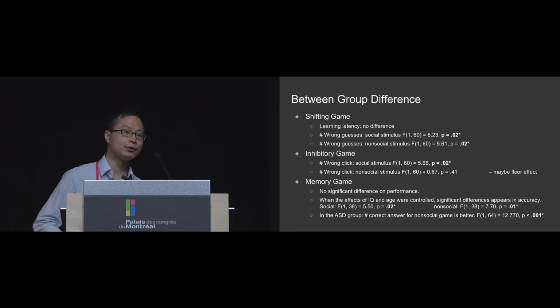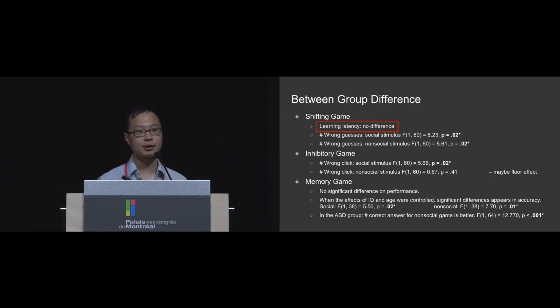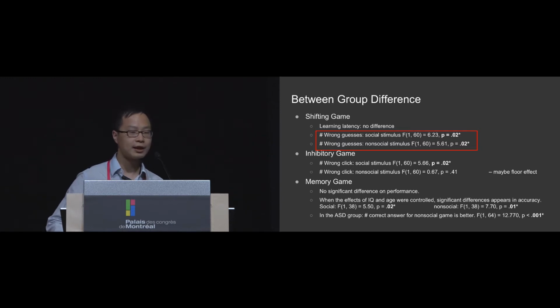One of our main goals is to find a group difference, and the previous plot is not very meaningful, so we need to do ANOVA analysis. For the shifting game, the standard measure is the learning latency, but unfortunately, we didn't find any between-group difference for the learning latency. However, we find a between-group difference for the number of wrong guesses, and the children with autism